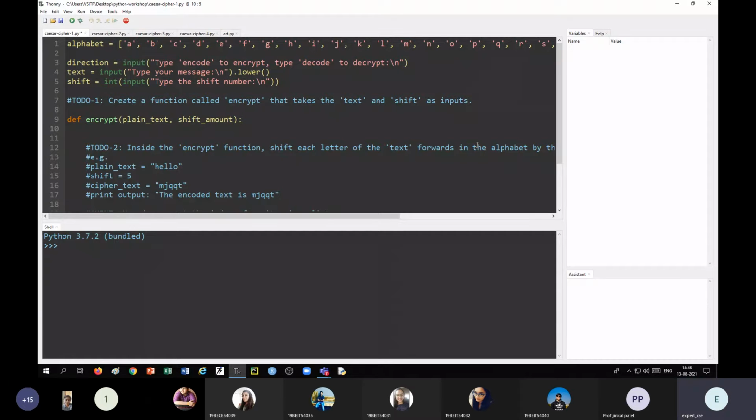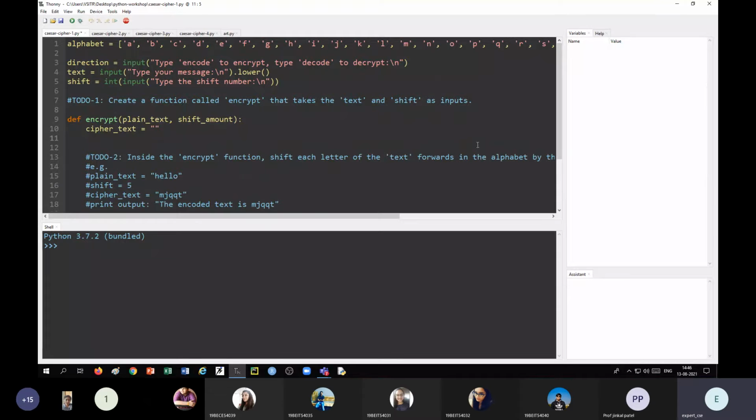Now ultimately as a result, we want a text which is encrypted. So let me call it cipher_text, and let me set it equal to an empty string.